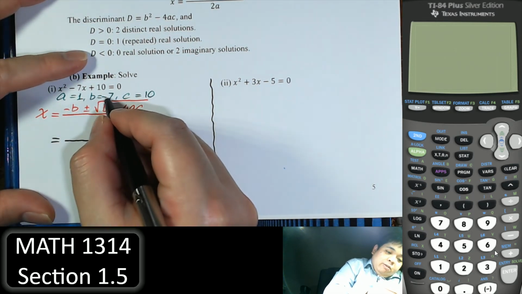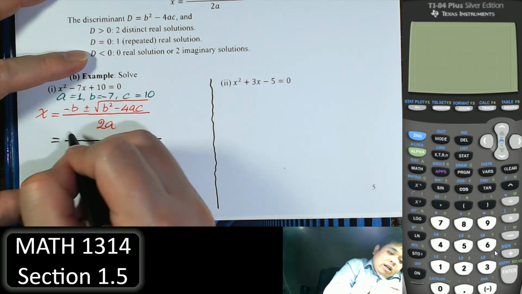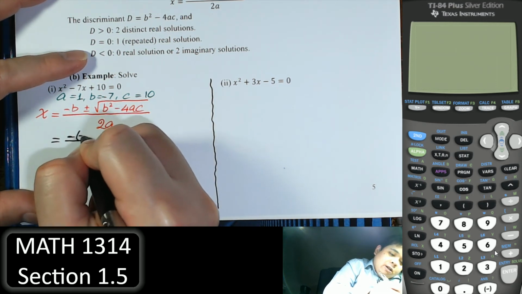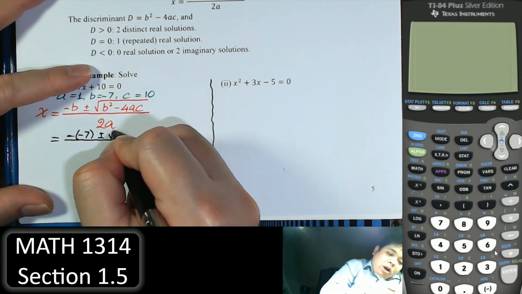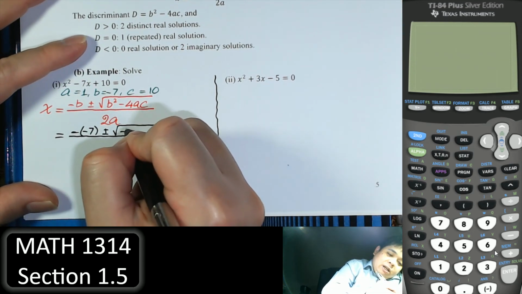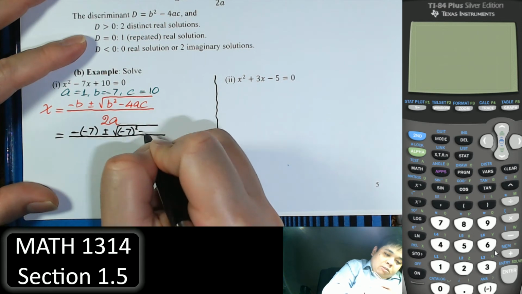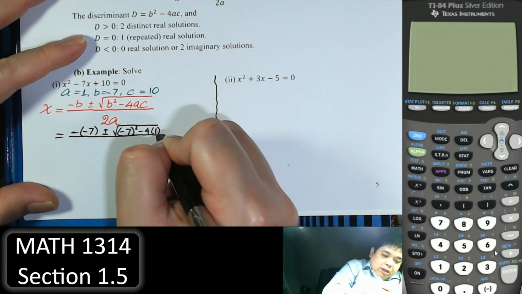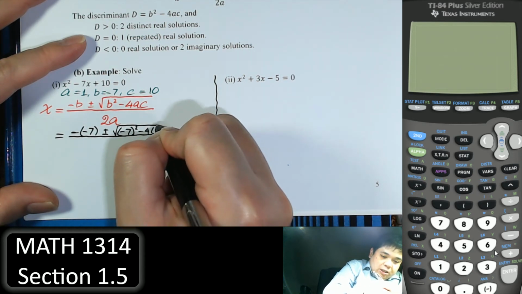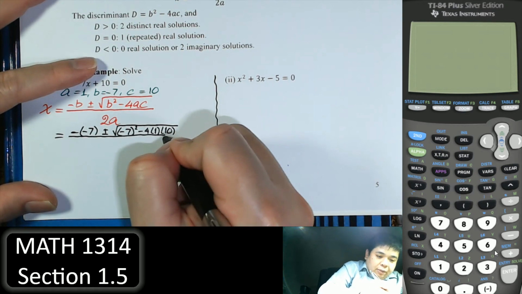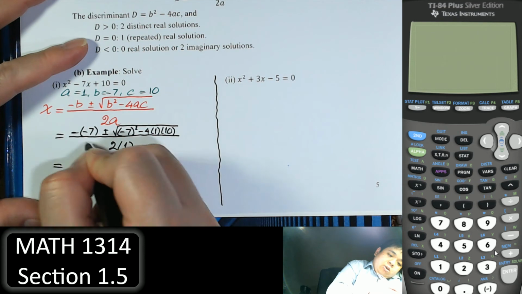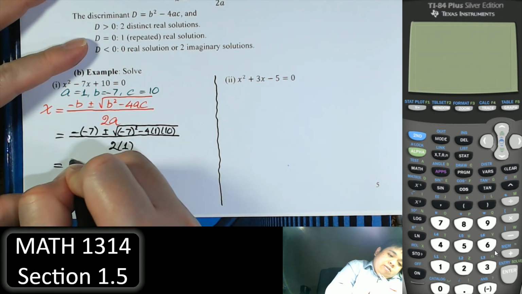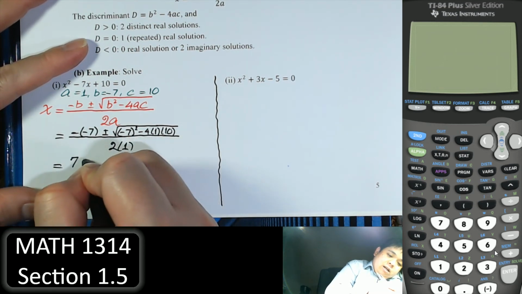So negative b is negative 7, plus or minus b squared minus 4ac over 2 times a. So negative 7, so that's 7, plus or minus